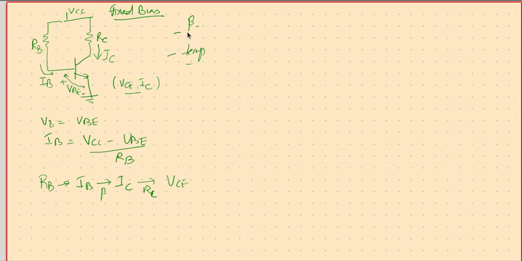So there are many issues. One, the manufacturing beta problem. Other one is the change in temperature. With the change in temperature, the IB changes because of VBE change, or the IC changes because of beta change, and so many other issues. Yes, this is the simplest way of biasing, but it has got these problems. So we need to look at some other circuits which can make sure that these variations somehow can be controlled.